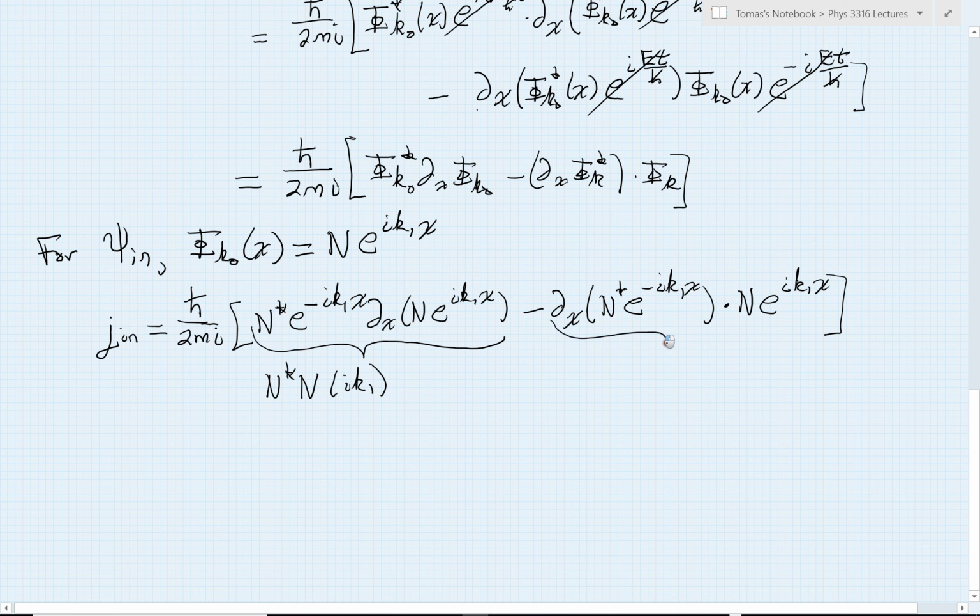The second part then is subtracted off. It will follow exactly the same logic, where I will get an n star n as my constant factors. Once I take the derivative and pull the factor out, the exponentials have opposite signs and will multiply together to give me 1. And all I'm left with then is the factor that comes down when I take the derivative, and that will have a factor then of minus i k1. And it's good that this came down with a minus sign because I have an overall minus sign out in front, so that those minus signs cancel, and these two terms then will add together rather than canceling out.